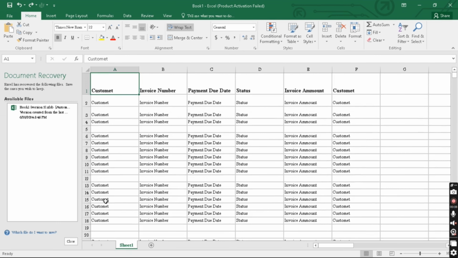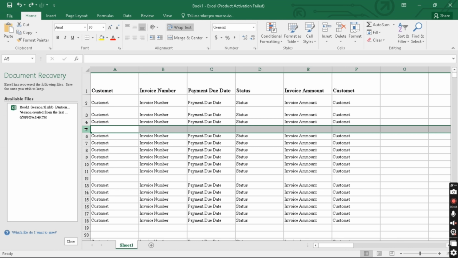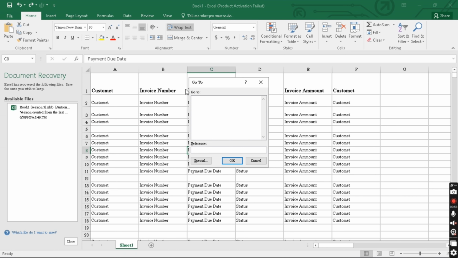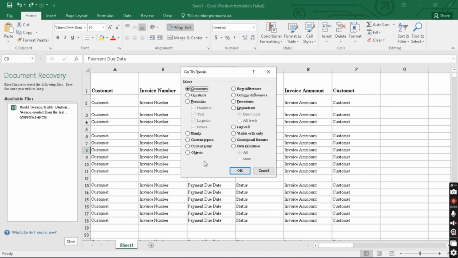So the way to do this, you first need to select the whole range of data that you want to manipulate, and so here I've done it. And then you press F5, which presents you with the option of go to, and what you want to do, you want to click on special, and then onto blanks. There's an option here that says blanks. So this, by clicking OK, takes you to a state where Excel has selected all the blank rows for you,